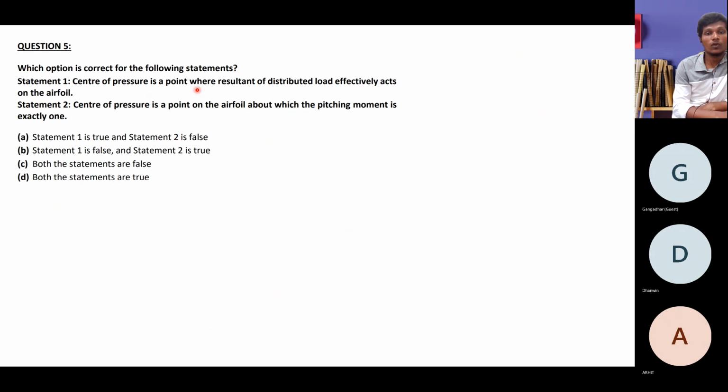Center of pressure is a point where the resultant of the distributed load effectively acts on the aerofoil. This is our statement 1. And statement 2 is: the center of pressure is a point